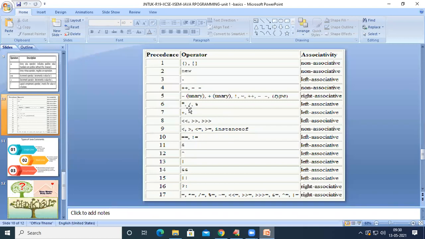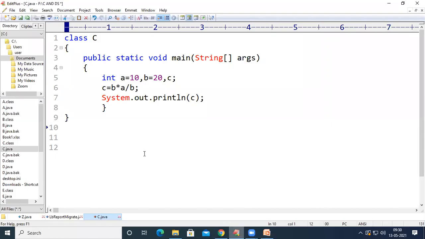If both have the same precedence, then we have to go for associativity. What the associativity is telling is: please execute the expression from left. So left associative means execute the expression from left. So B star A will be calculated first, that means 10 into 20, 200, divided by B, in the sense 200 divided by 20, we are going to get 10 as the output of this code.